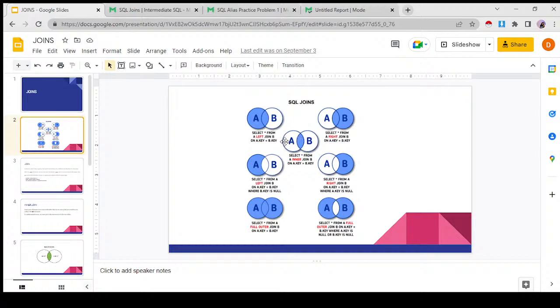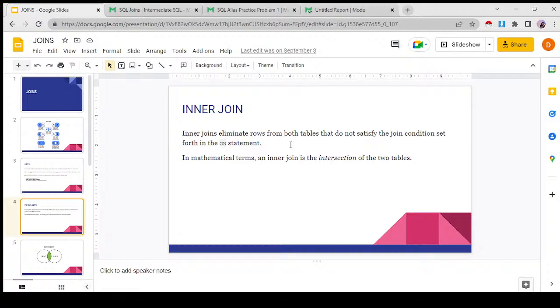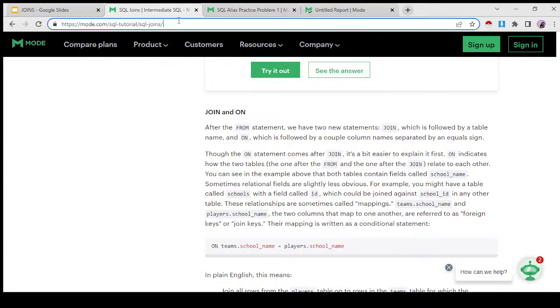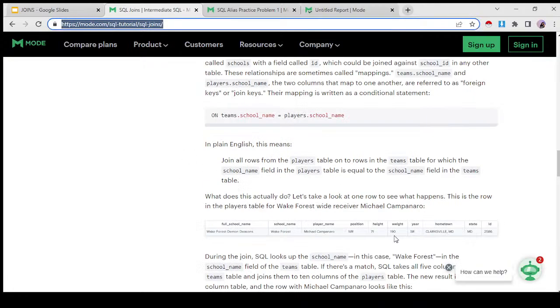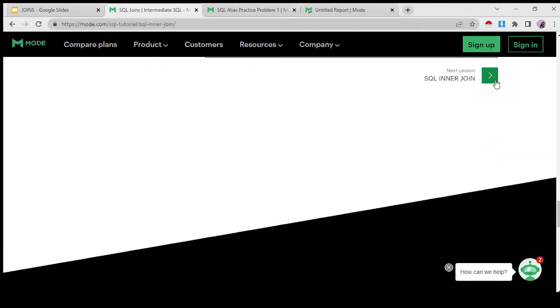You won't get the white part where the conditions are not satisfied. That is called inner join. Inner join eliminates rows on both tables that do not satisfy the condition specified in the on clause. Okay, let's practice it. This is the tutorial for inner join.